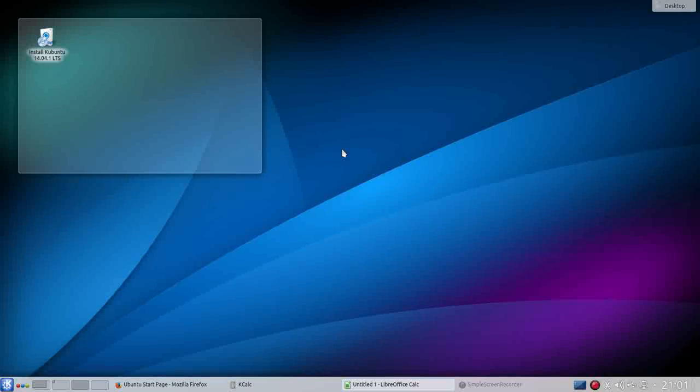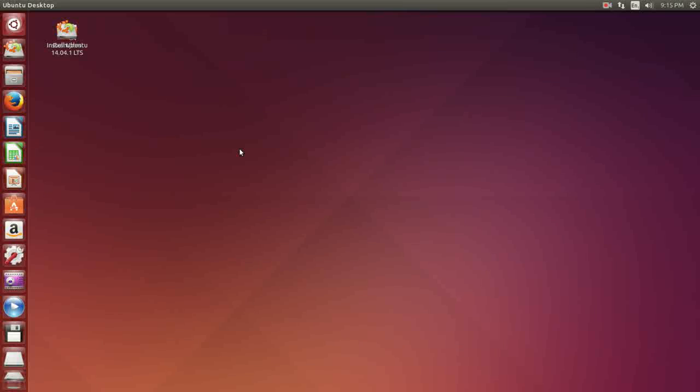There's one more version of Linux I'd like to look at, and that is the standard Ubuntu operating system. This is the Ubuntu 14.04 LTS with the Unity desktop. This is the version you will see if you download Ubuntu from their website or you get Ubuntu 14.04 from a magazine. 14.04 is just a release number, just like Windows 7, Windows 8, or Windows 10. If you're not using 14.04, your screen will probably look different than this one.